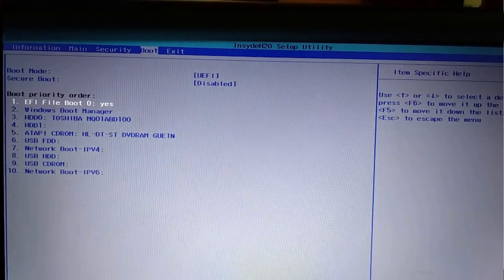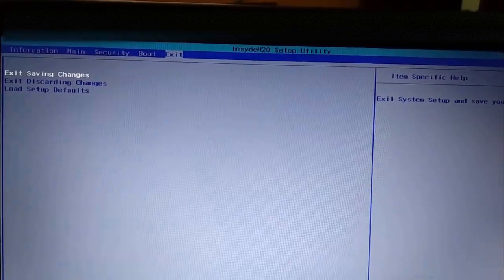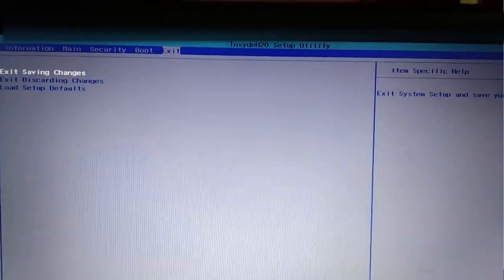Now bring the EFI file boot0, Kali, to the first position by using F6. After placing Kali at first, go to the exit tab and click on exit, saving